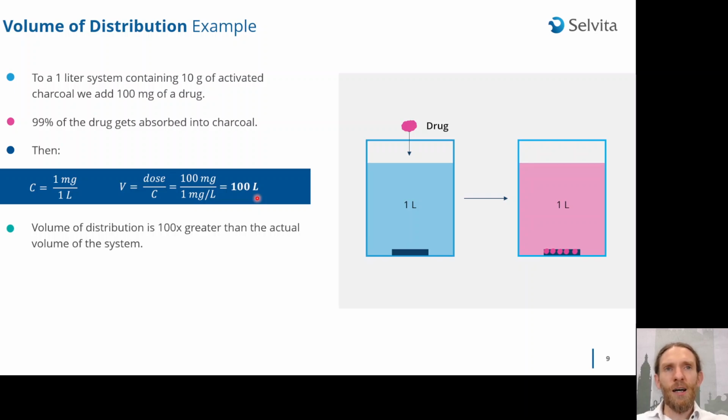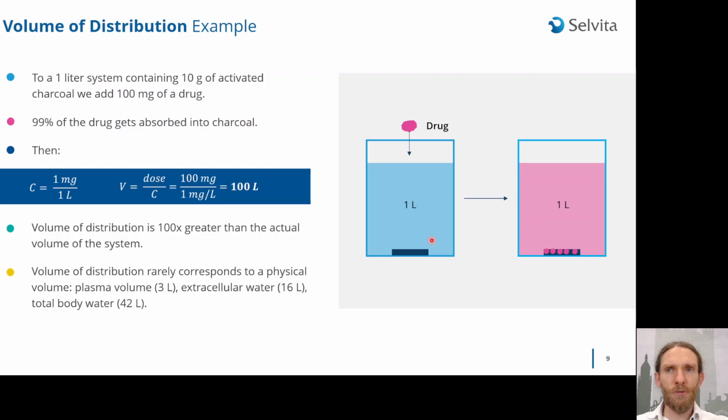As you can see, this is 100 times greater than the actual volume of the system. So the volume of distribution is directly related to how much of the drug is being distributed, removed from the plasma and stored within peripheral tissues. And it very rarely corresponds to physical volume. As we will see later in the future, this very rarely reflects the actual physiological volumes like plasma volume of 3 liters, extracellular water of 16 liters, or total body water of